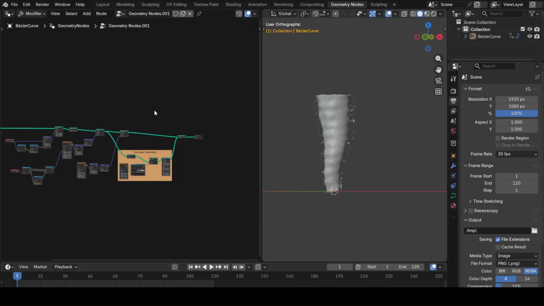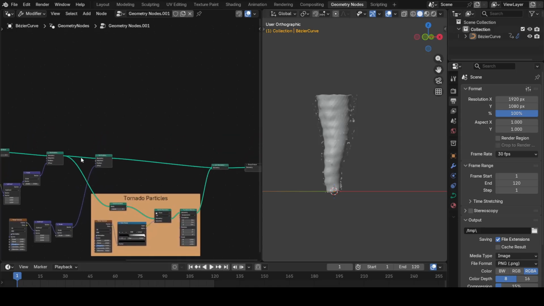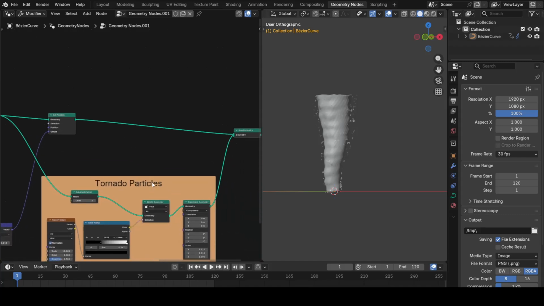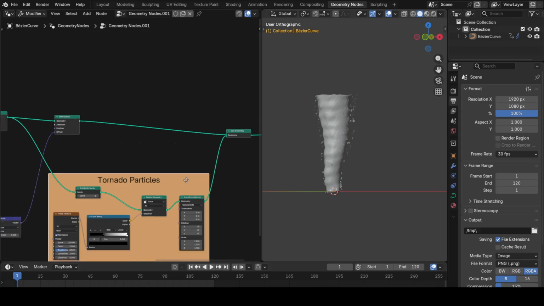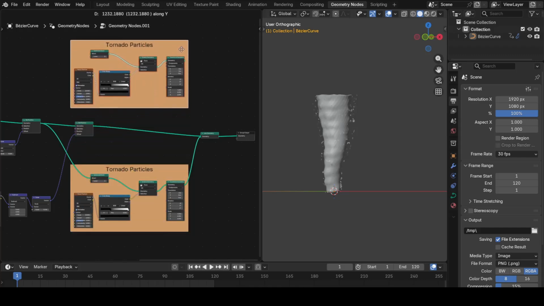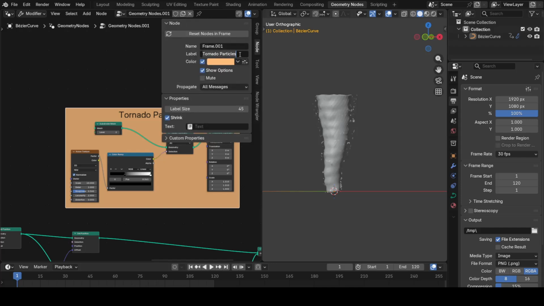Next, I'll use the same technique to create the base of the tornado. So I'll copy all the nodes used to create the tornado particles and try to create the base from the same nodes. To copy anything in geometry nodes or Blender, press Shift D on keyboard. And I'll change the title of this group from tornado particles to tornado base